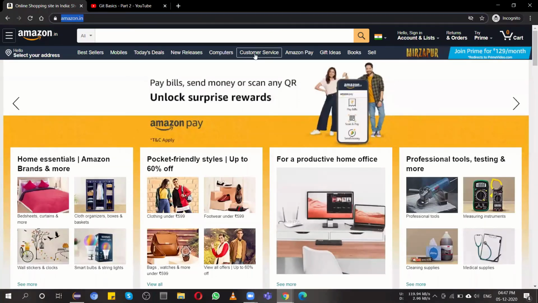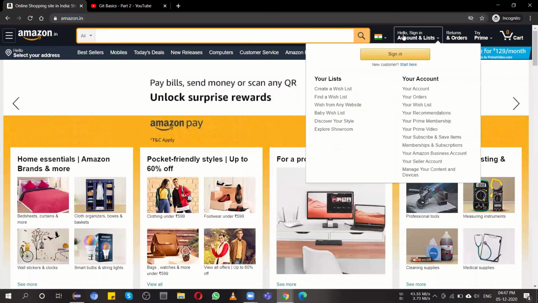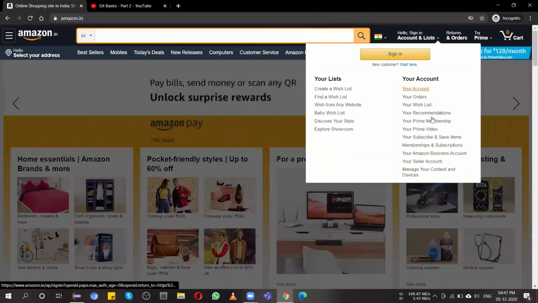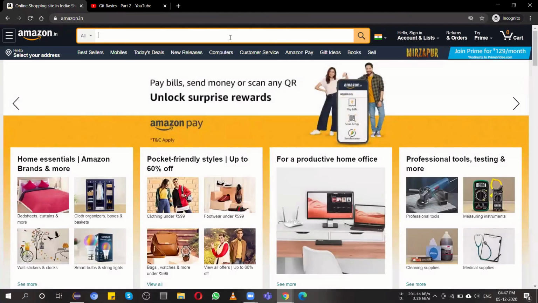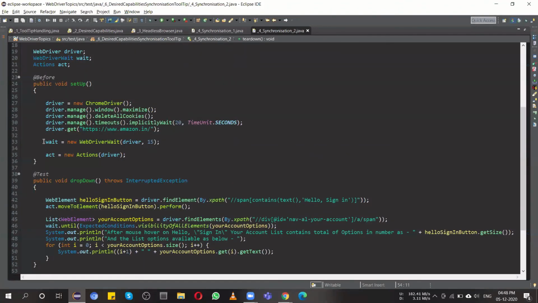Over here it is already in HTML, and you just have to do a mouse over, but whatever you are typing over here, we cannot tell how the user is behaving or interacting with this application. It is coming from the backend at runtime, so you have to wait for all these options. In this sort of scenario you have to use WebDriver wait.